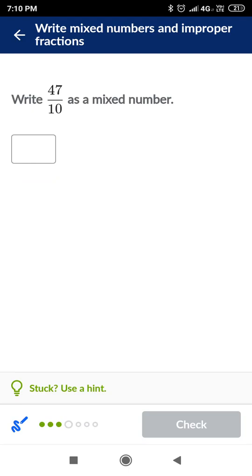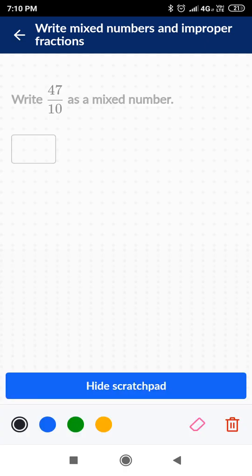Write 47 by 10 as mixed number. I have explained to you how improper fraction is converted into mixed number. Now I will just show you the easy to remember technique. 47 divided by 10. 10 fours are 40 and remainder is 7. So 47 by 10